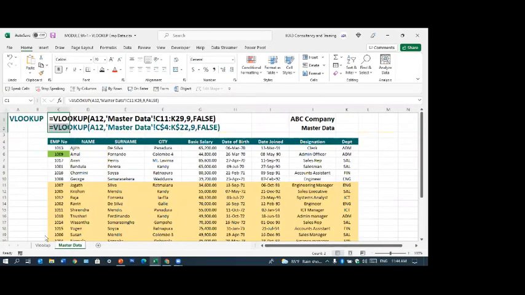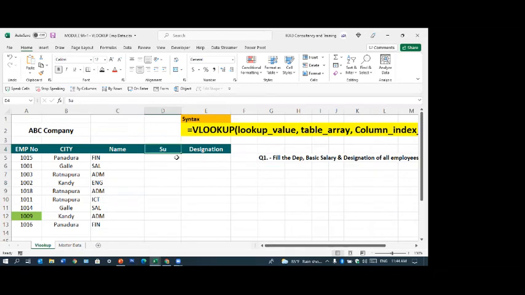Name, surname, city. Imagine this is name, surname, and city that you have to get, which are in the same order as that. There's an easy way of doing it without putting in all three one by one, changing the numbers.